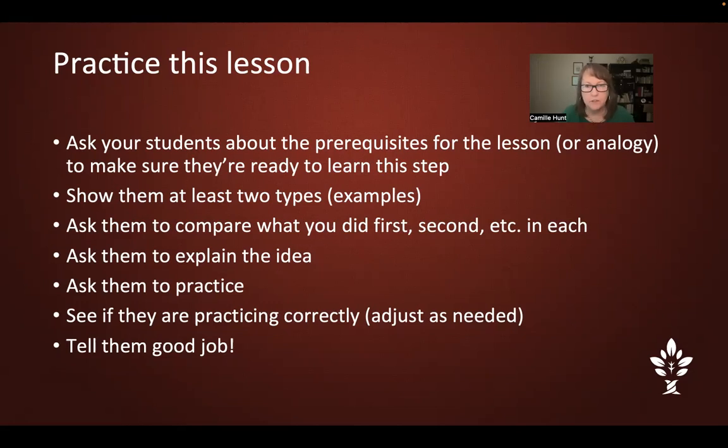And the rest of those steps. So that's what you want them to tell you back. Then they practice making their own. You see if they're doing it correctly, adjust as needed, and tell them, good job, you made a simile. These will be the worst similes you've ever heard. But if they follow the rules, then they're similes. And so you'll say, check, you did it. You made a simile. And that will show them what a correct practice is and allow them to continue to practice correctly. And that will improve the quality of their work.